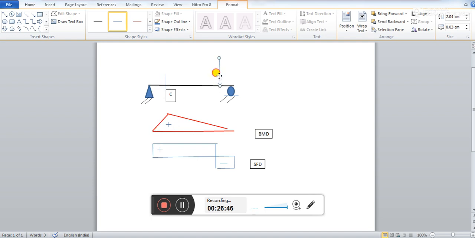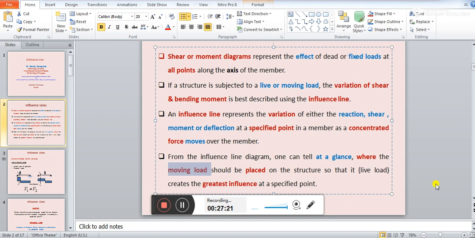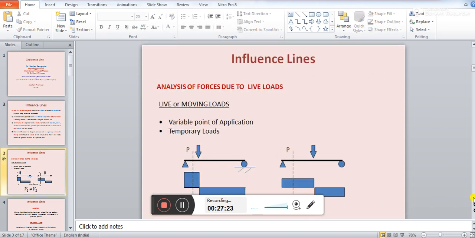When this load reaches C, only then the bending moment at this point C will be maximum. If you can plot a correct influence line diagram, then from that diagram you should be able to find out that when the load reaches the specified position C, the bending moment will become maximum. Okay, so with this conceptual understanding,